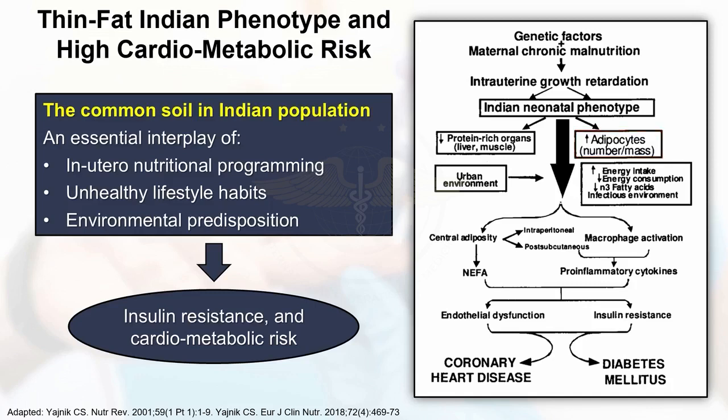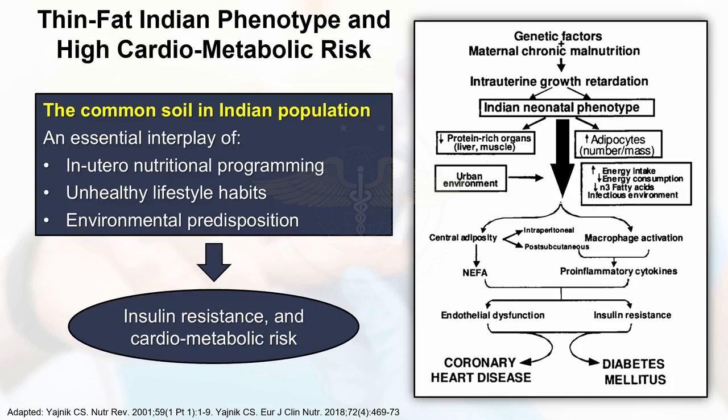Now, here I will discuss an anecdote. Very interesting, because if you listen to an anecdote, you never forget. So I'll talk about the Dutch famine, which happened because the food supplies were cut off by the Nazi forces. Hitler cut off the food supply to Holland and therefore the Dutch did not get food, and there was a famine for a few months. So all the pregnant women who were subjected to that famine had low birth weight babies, right? But once the Allied forces liberated Holland and they got enough food, the famine was over in a few months. So in utero, the baby was subjected to malnutrition.